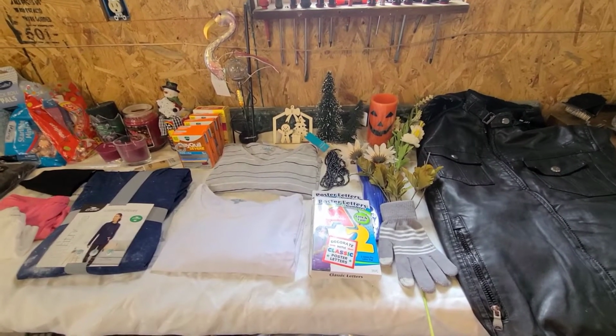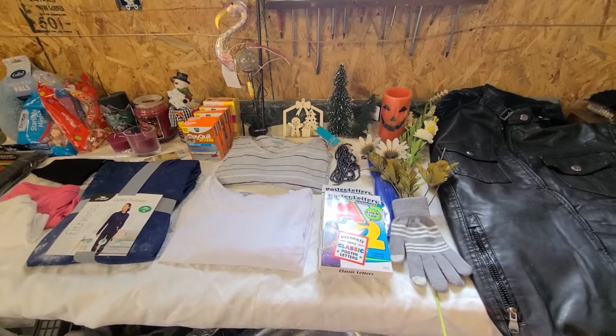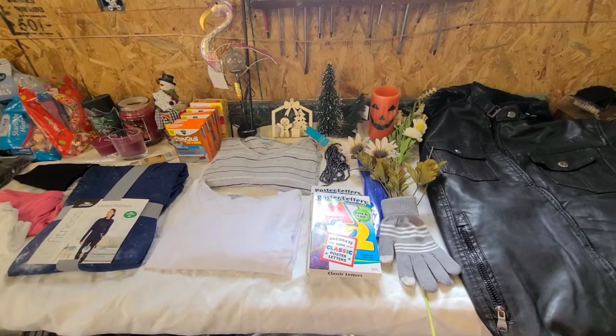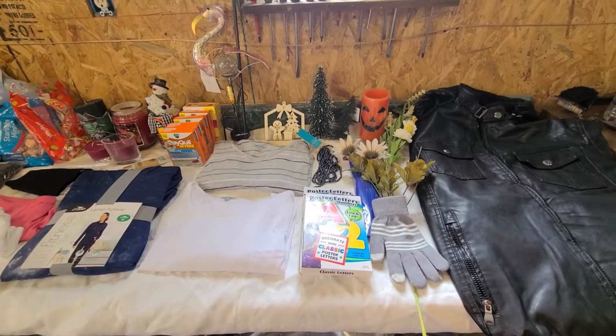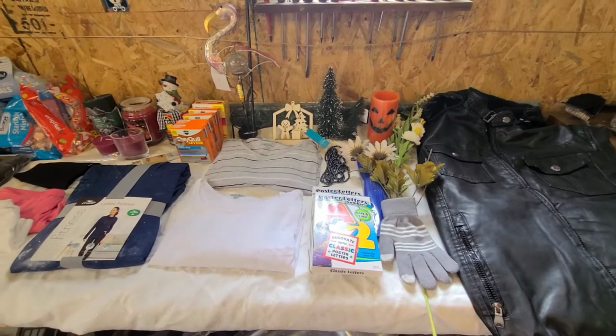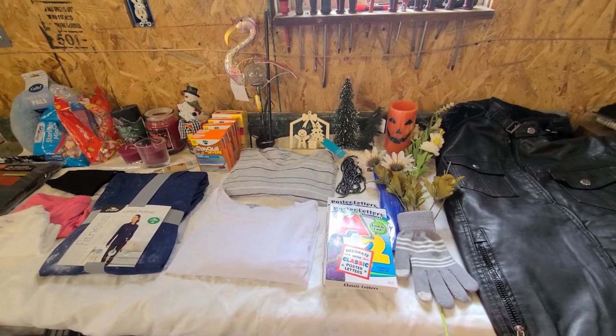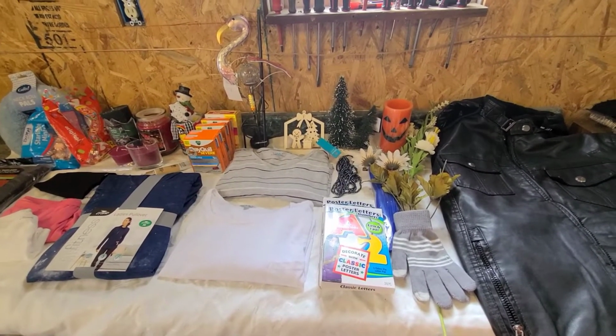I've had a few people ask about a video of my penny haul. I wasn't sure if that's what anybody else would be interested in. I can make a video of it. I have found more items since then, so I'm probably up to around 600 items. Some of them were pots and pans. Most of it's clothing and accessories. So I can, if you want to,